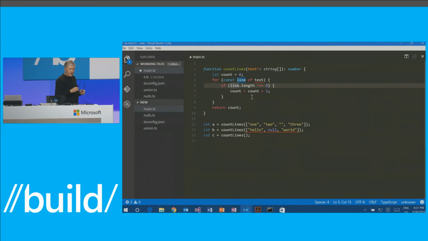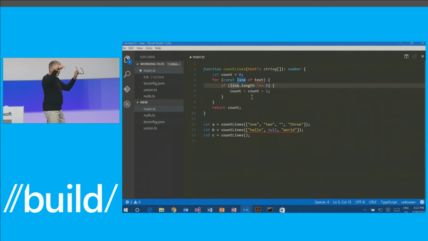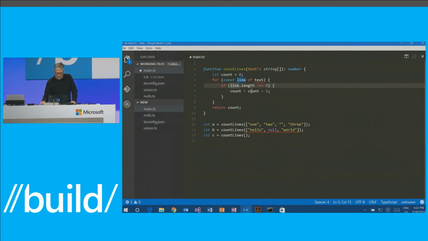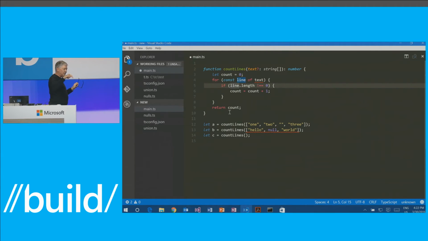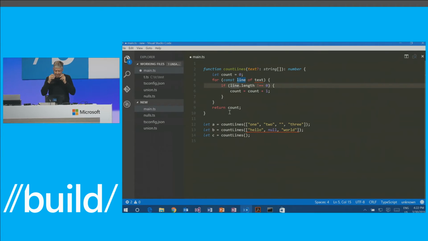So what you saw here is that we are actually checking all of the various ways that flow or control could reach each use of the count variable, and checking that in all of those branches, there is a value that has been assigned to the variable before you can use it. It's called definite assignment analysis, and that's part of this feature.